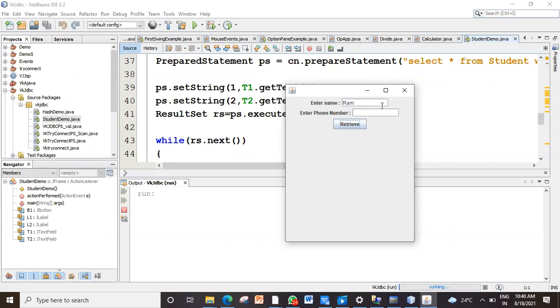So that's why it is not able to retrieve. So the first and very important requirement is you should have a table with the same name, same fields, with values. Then only you'll be able to fetch. Clear with that?